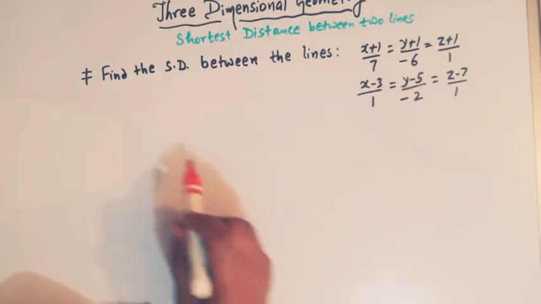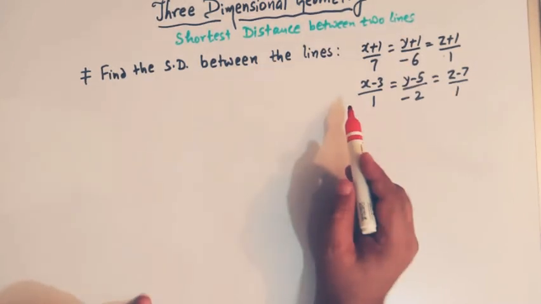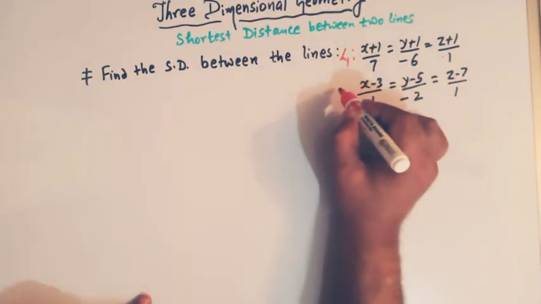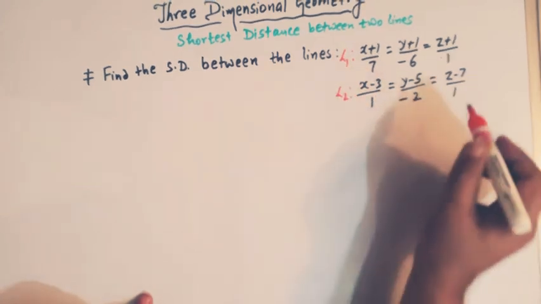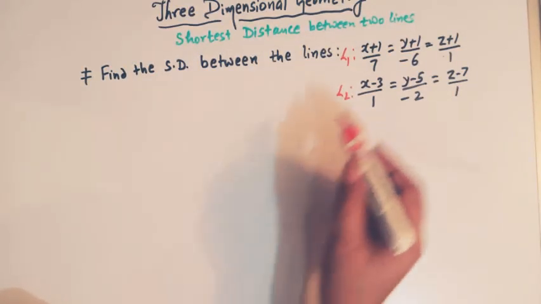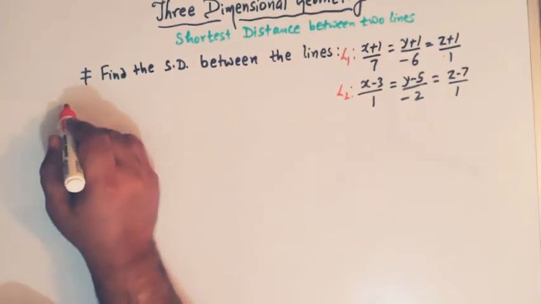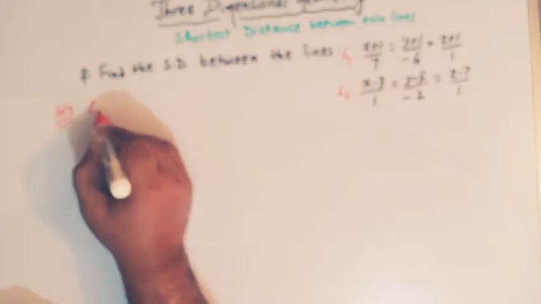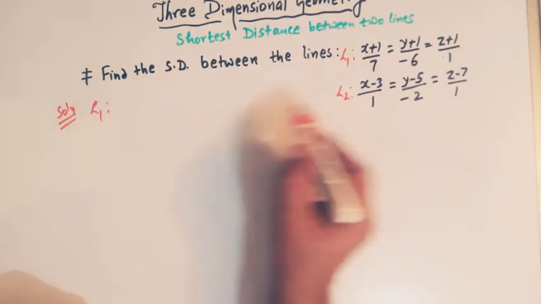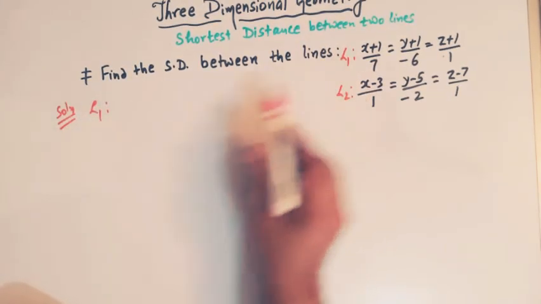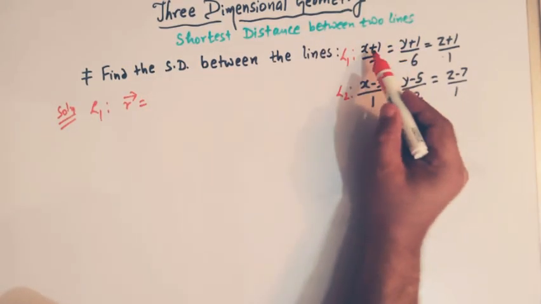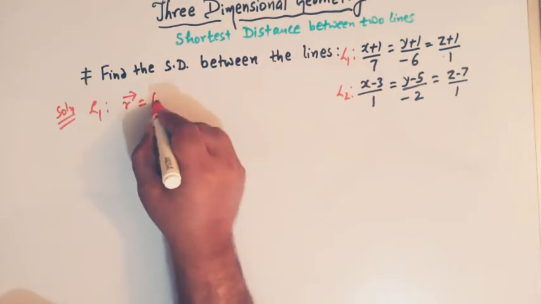Now let us take this problem. Here we have to find the shortest distance between these two lines, and here the equations of the lines are given in Cartesian form. So let us first convert these two equations into vector form. So the vector form of the first line L1 is vector r, and this line passes through the point